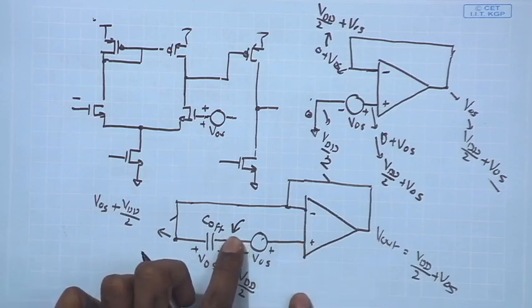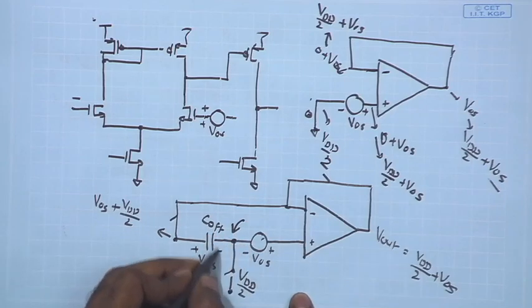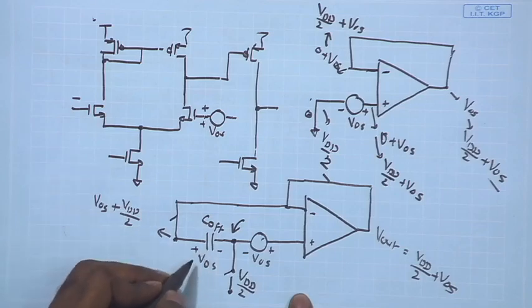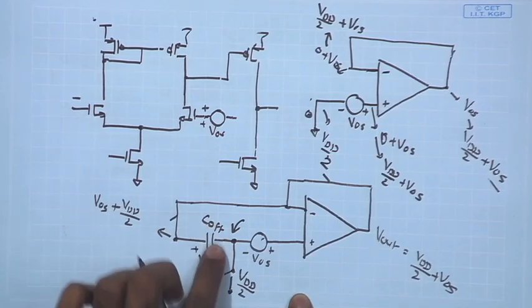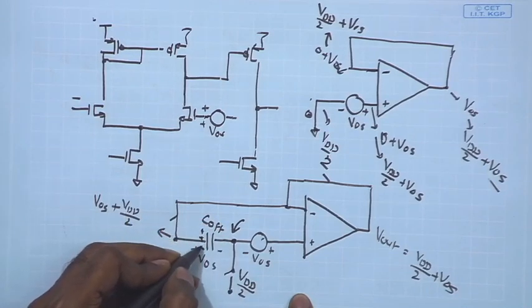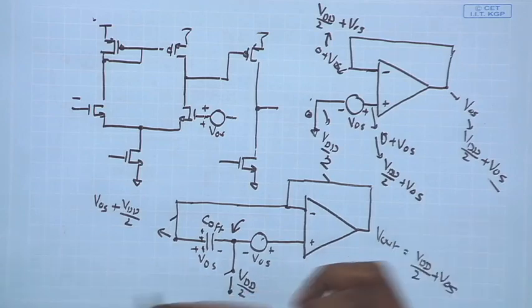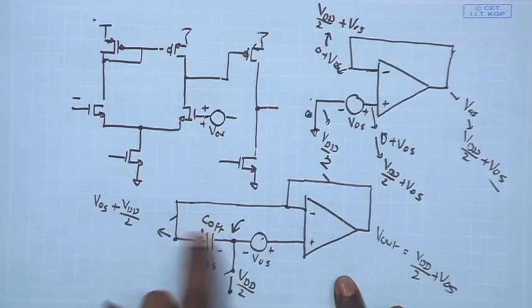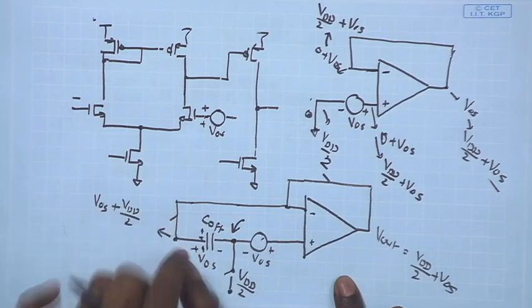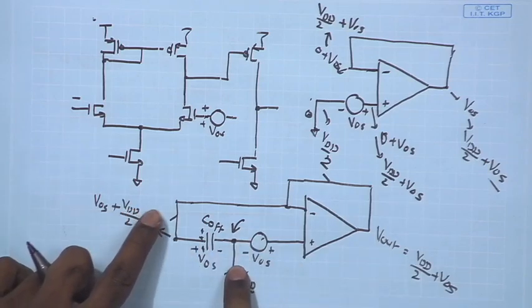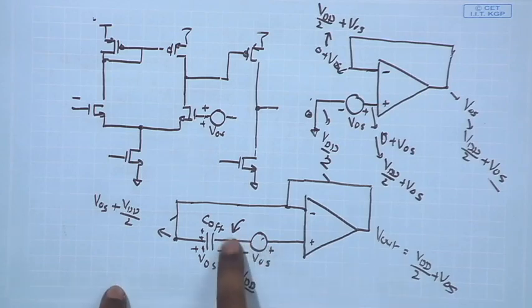So, whatever charge was stored over here at this node, or on the negative plate of this capacitor, it has no other path to go, it will remain trapped on that plate of the capacitor. And therefore, whenever you have some negative charge stored on this plate of the capacitor, it will keep the positive charge on the other plate also intact, because it has electric field and you are having that negative charge over here which is not able to escape. So, it will also keep pulling that positive charge, and that positive charge will also keep stuck at that point. So, because this becomes a floating node, after I disconnect these two and the negative charge stored over here